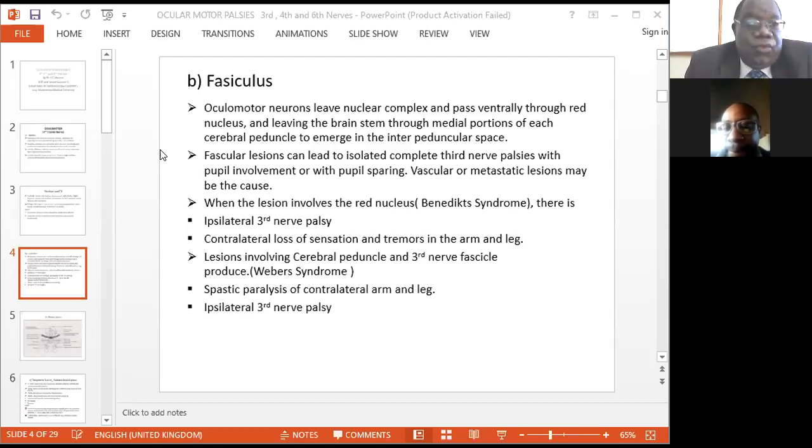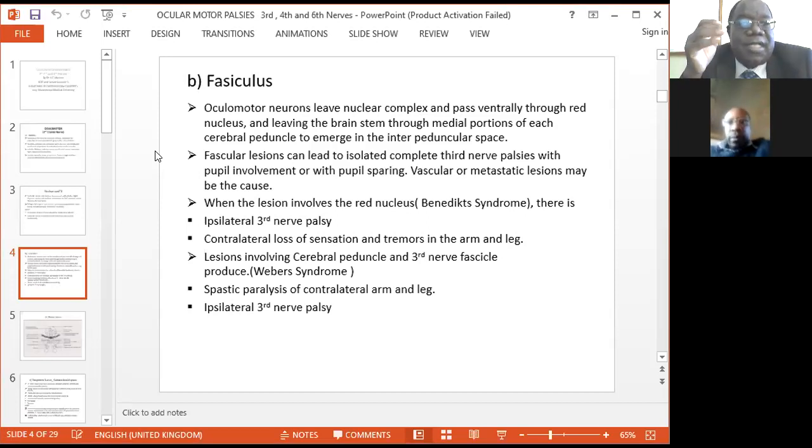I think let's continue. We're on slide 4. I was explaining how the fibers move from the nucleus, whether they are going ipsilaterally or contralaterally. Contralateral means they are crossing. If the fibers from the nucleus cross over to innervate the opposite side of the person,